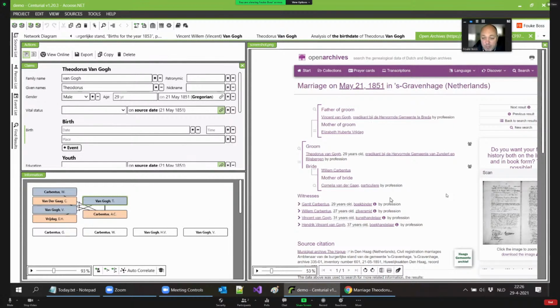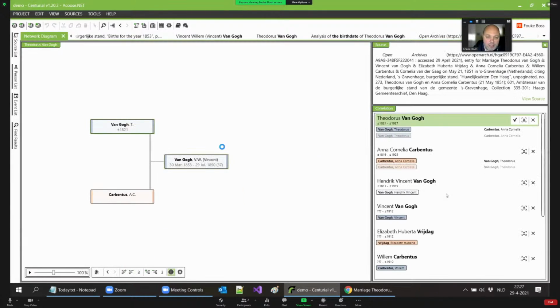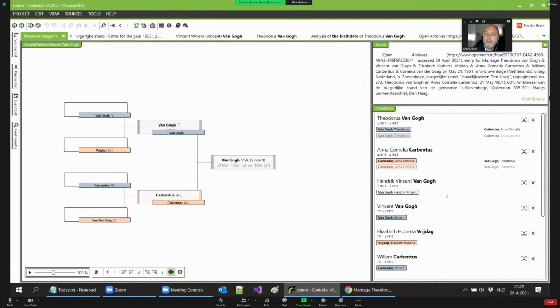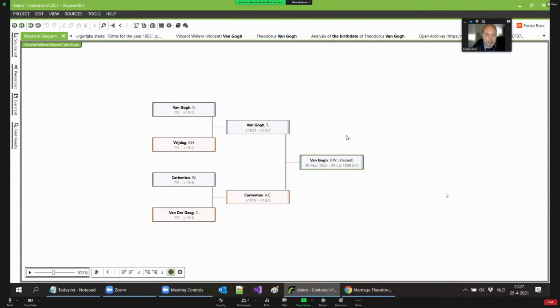Some of these things work unexpectedly on websites I never tried them on before, but because of the open standard, it sometimes just works, as in this particular case. And then we again autocorrelate, and the family tree starts growing. If that's right, and you keep on doing that, then you keep growing your family tree.